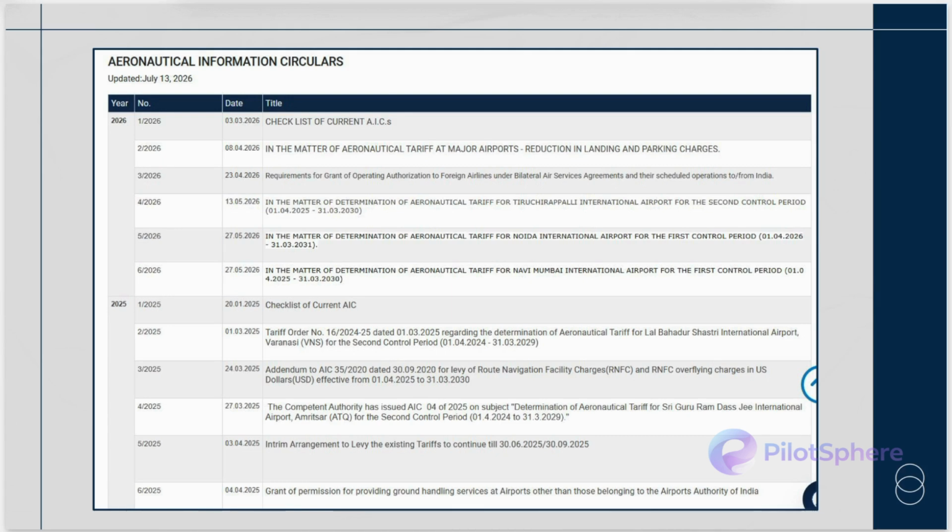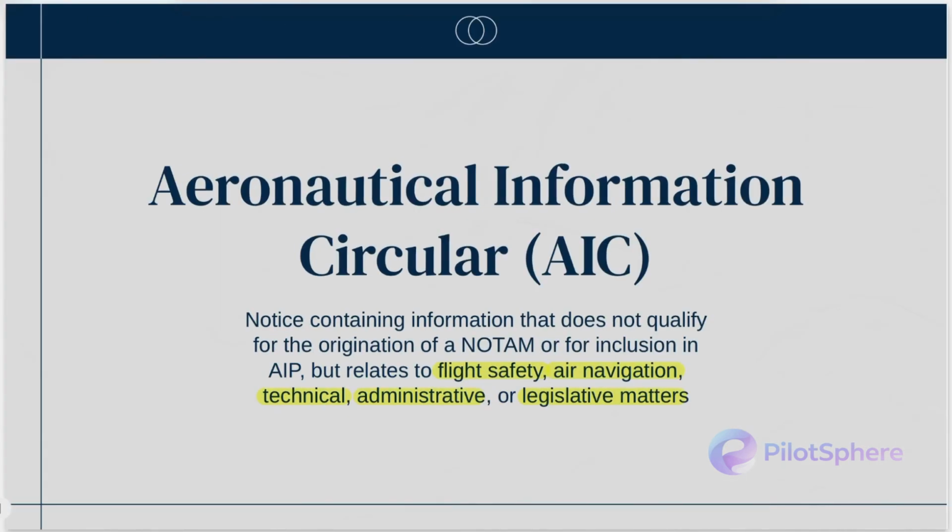If some of you remember the 737 MAX crashes, after the two crashes that took place, a lot of countries completely banned the 737 MAX from being operated in their airspace for the time being. That ban itself was published as an Aeronautical Information Circular, and you can go on the DGCA website to backtrack and find that particular notice. This is all you really have to know about the Aeronautical Information Circular.